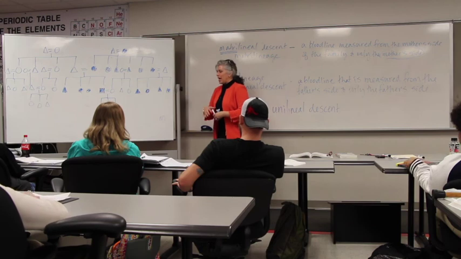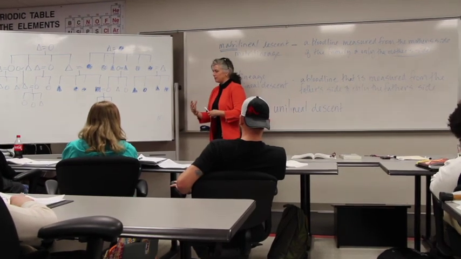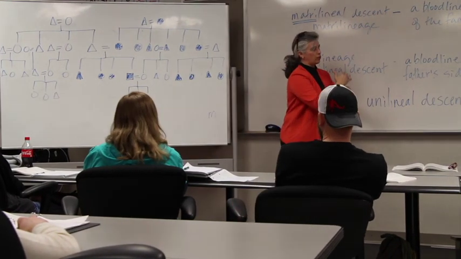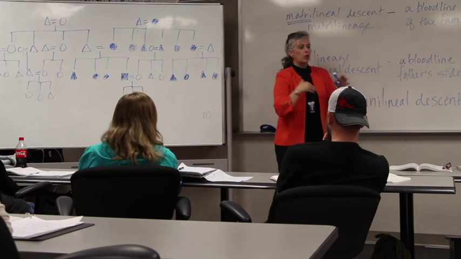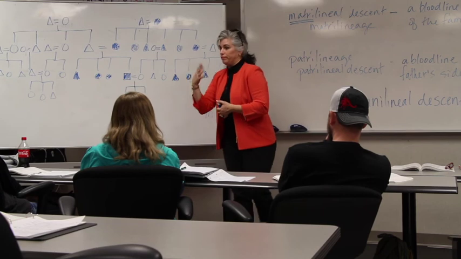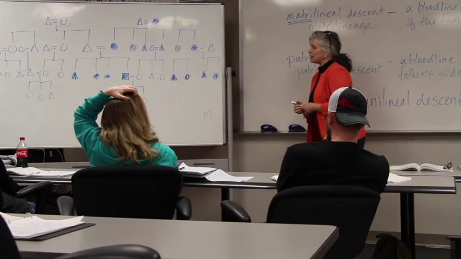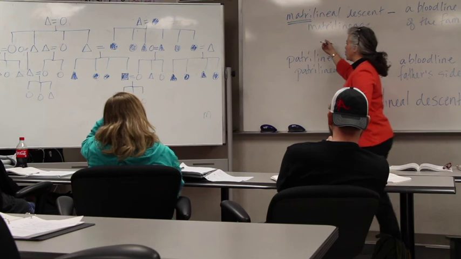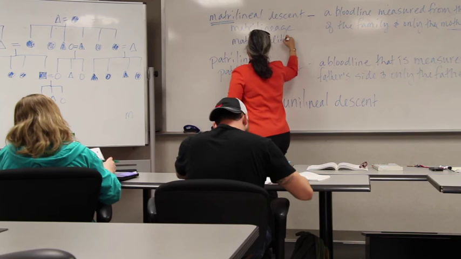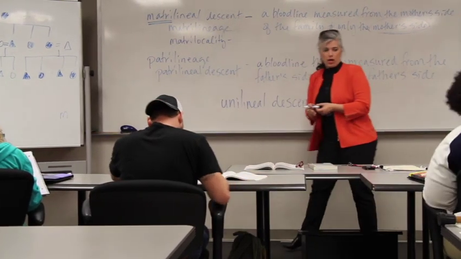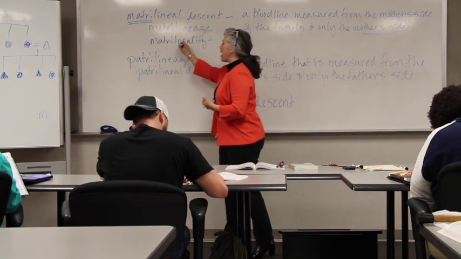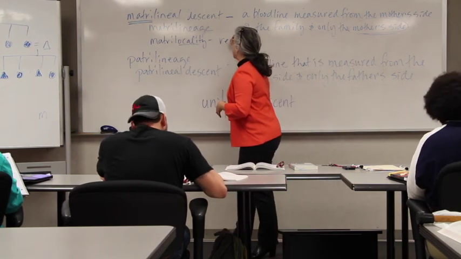Okay, so in this picture, what tends to happen when you trace your bloodline through one side of the family or another, a residency pattern tends to also develop as a cultural practice in these societies. And in matrilineages, what you find most often is matralocality. Again, we see matra as a prefix here that comes from mater, so we're talking about a mother. Locality means a place. So this is a residency pattern.